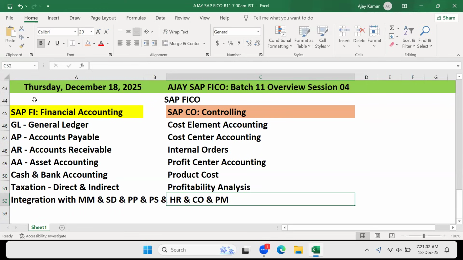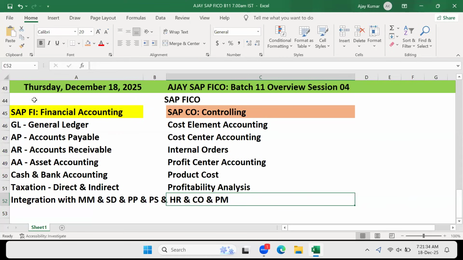This is what basically you will be getting as a course content, as a syllabus from SAP point of view. But when you're in a project, when you're working as a FICO consultant, you will get a lot beyond this, because this is only from a technical SAP point of view. Am I correct? But when you look at it practically, from a business point of view, from a project point of view, you will be getting a lot beyond this.